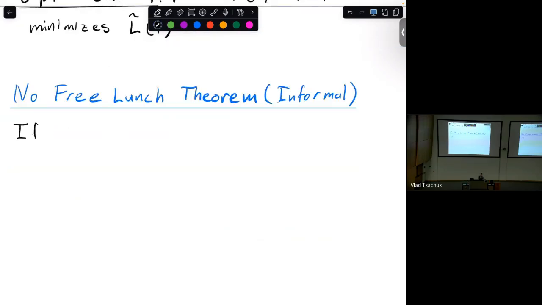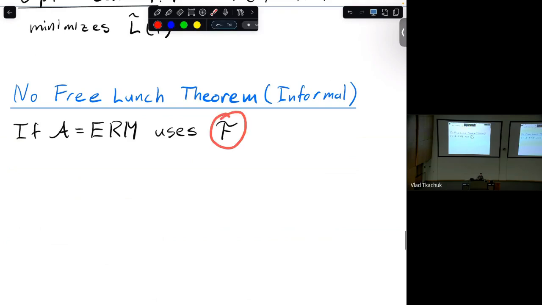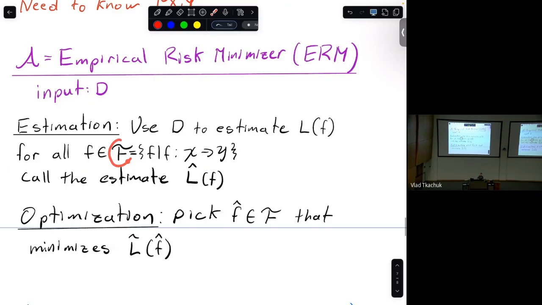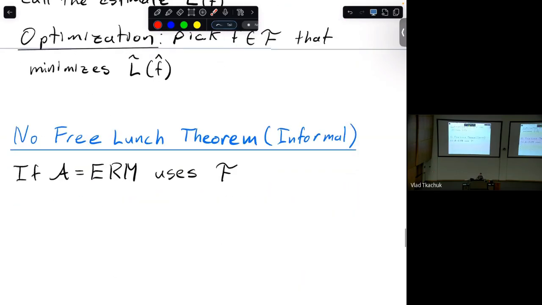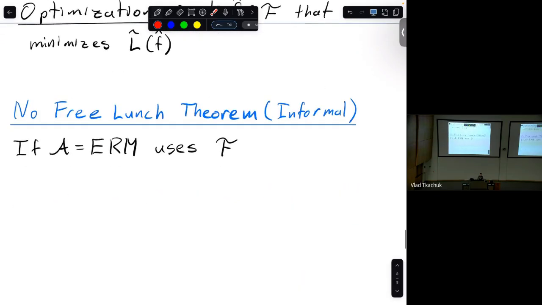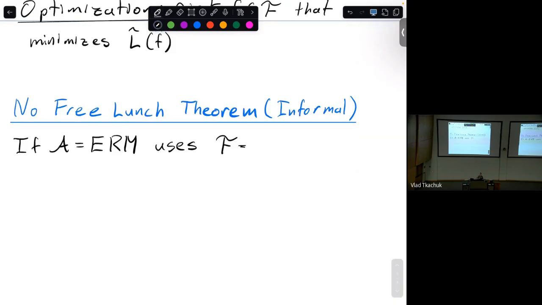So here's the story. Suppose you give me a learner. If A, your learner, is ERM, and your ERM learner uses it. So above we have this F, right? You could maybe pick F to be smaller than all functions. But suppose that the ERM learner chooses F to be all of the functions, which we saw above. So if you pick F, your function class, to be all possible functions to look over,